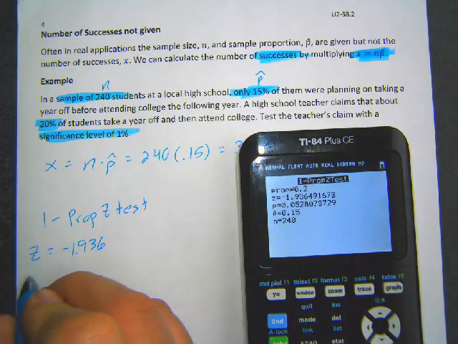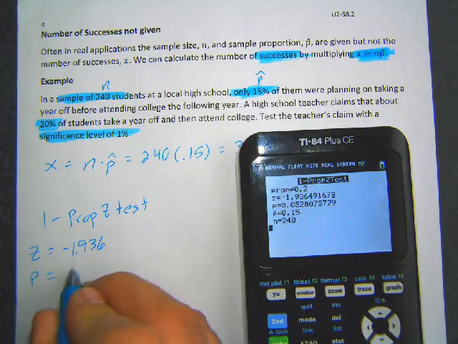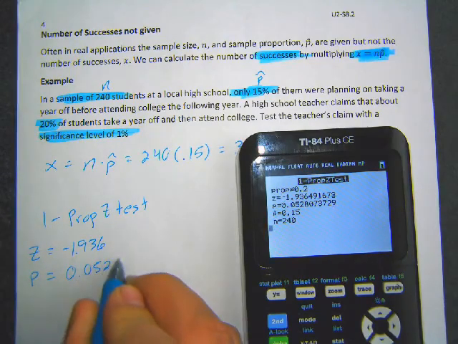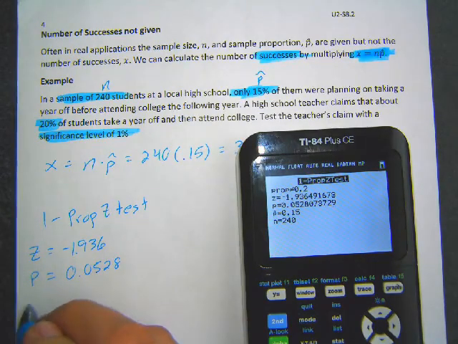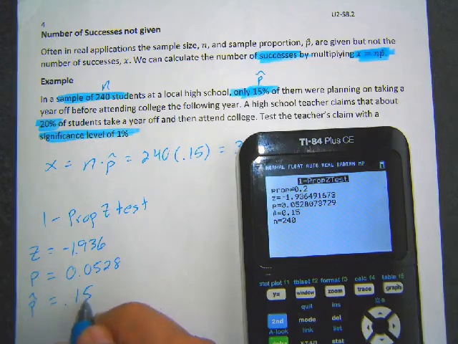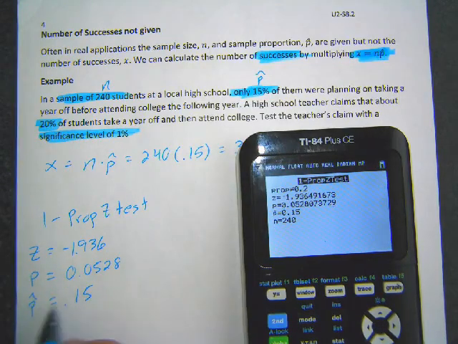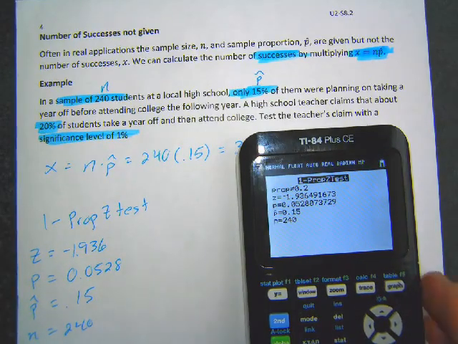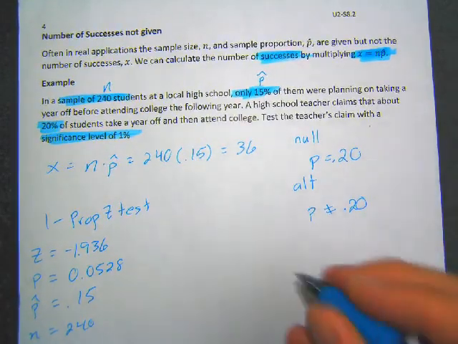We get the p-value is 0.0528. We get p hat, which is 0.15, which we already knew, so that's not really new information. And n is 240. So those last two are kind of restating things we already knew. It's kind of nice to make sure you typed it in correctly, because if they don't match up, then you know you didn't type something correctly. Okay, so they gave us the information. Again, if I was going to do a critical value method,